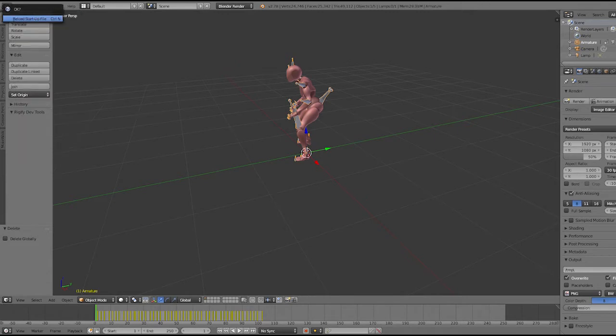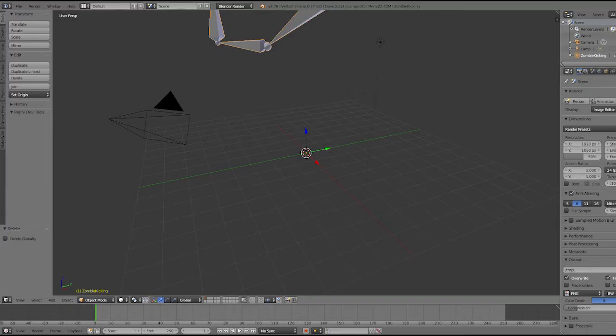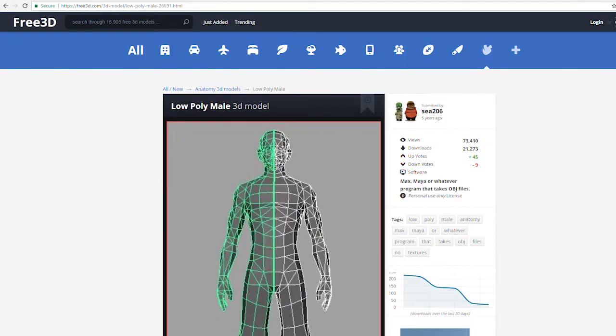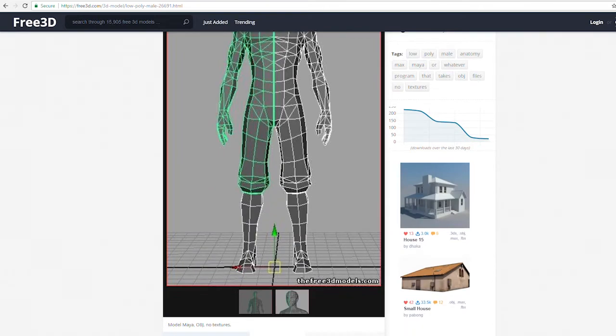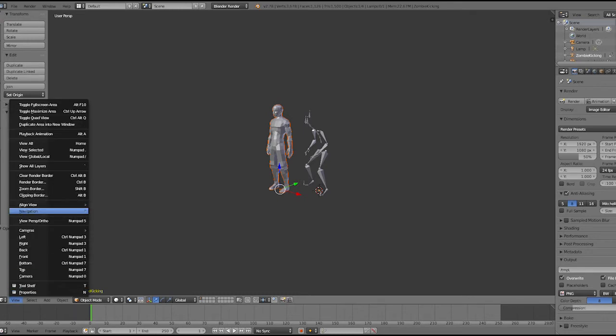Now we can start a new file and import that BVH file that we just created, and you can see the animation is there. Now we need to import our 3D model. I'm going to use this low poly Mayo from free3d.com. And then we try to match the mesh with the skeleton. So I'm going to go in orthographic view,